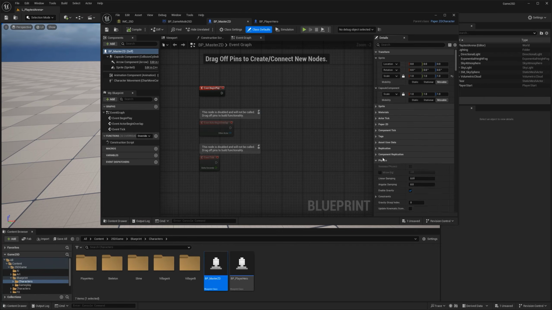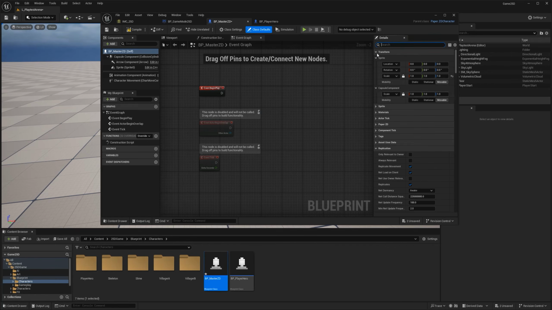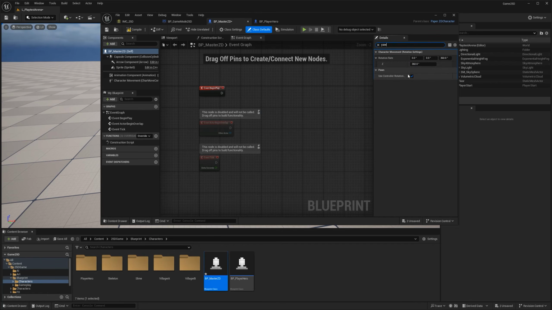Oh my god. You know what I'm going to do? I'm just going to type a search here. So orient rotation to movement, which is what we want. And because we are using just a keyboard, if you look for yaw, we're going to say not to use the control yaw rotation.